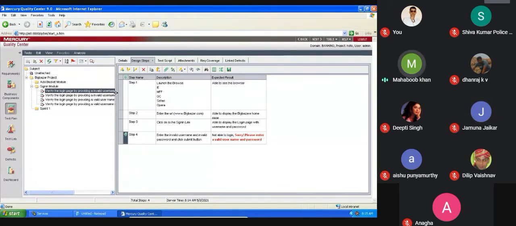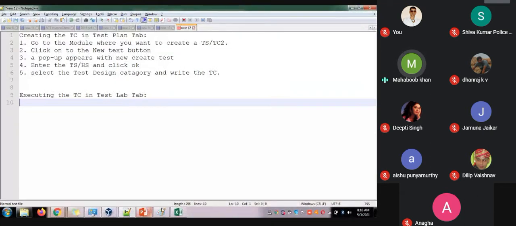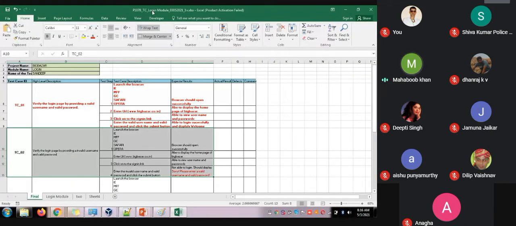If the project is created and all the team members have created all the test cases, like each and every module has 4, 50, 20 test cases, now at a time we need to export. Yes, there is one feature, so let me show you. There is one add-in you need to install here. What is the add-in?